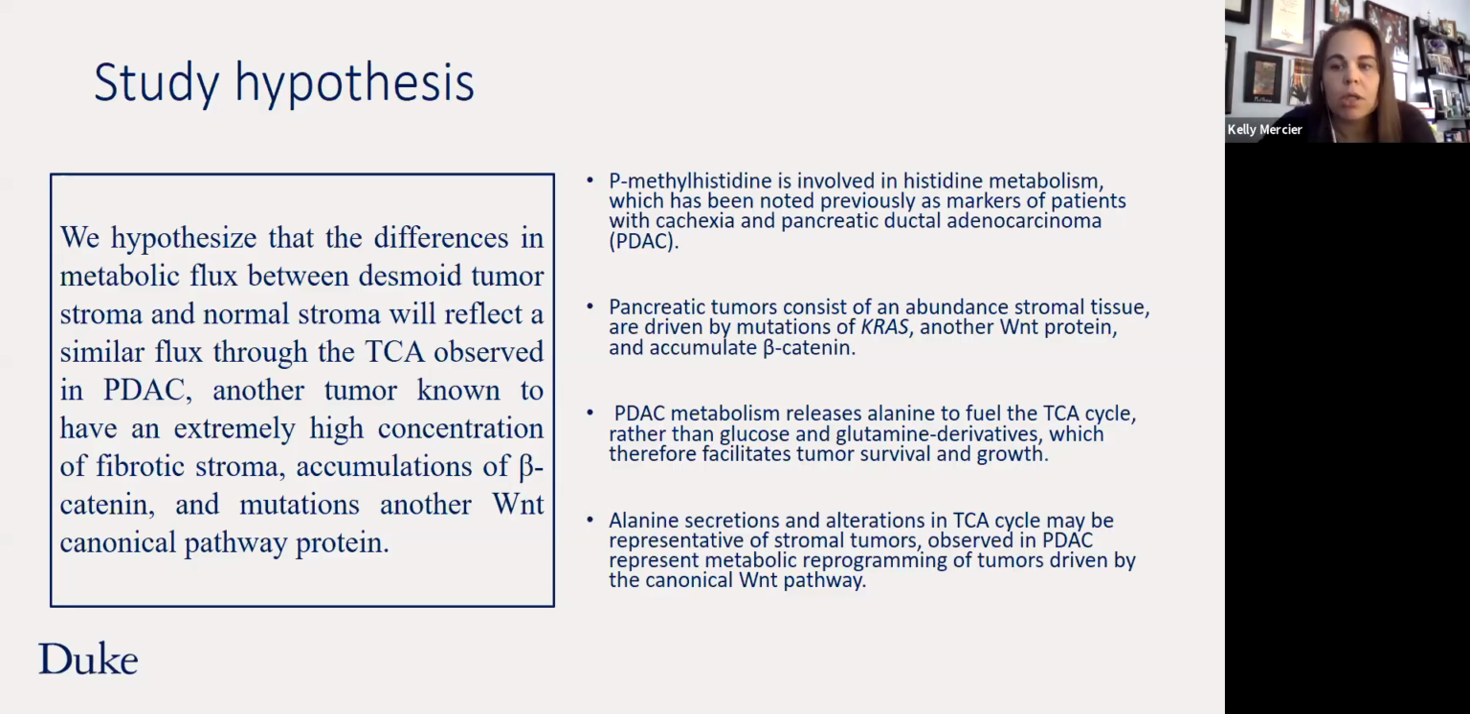Following the publication of our pilot data, there was a study evaluating pancreatic ductal adenocarcinoma metabolomics, and they noted that PDAC was able to fuel the TCA cycle through alanine secretions rather than glucose or glutamine. Like desmoid tumors, PDAC is driven by mutations in the Wnt pathway, KRAS in particular, and it's known to actually accumulate beta-catenin. PDAC is known to be a stromal disease, much like desmoid tumors, and so we hypothesized that